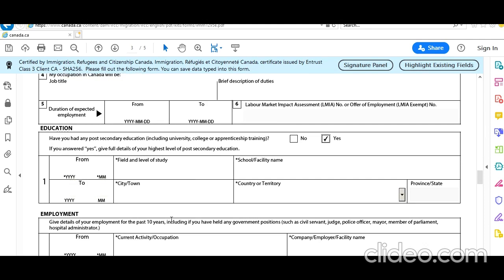Education. So in India, let's say he has done engineering when he was 18, so if he was born in 1995, then 2013 to 2017, not bad.